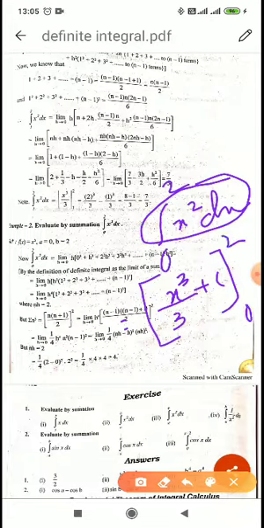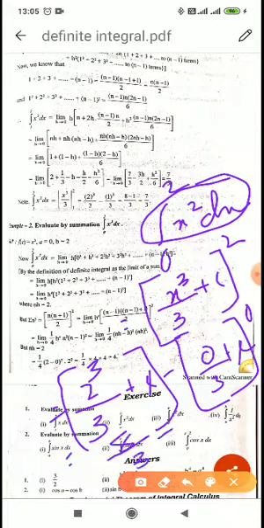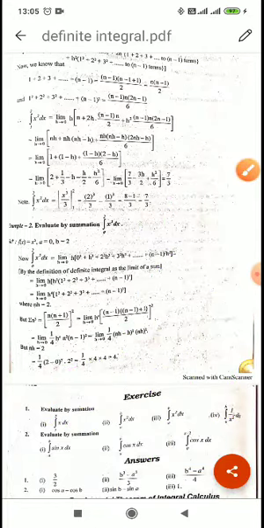Now you have to replace x with the upper limit 2 first, plus c, minus x replaced with 0, plus c. So 2 cube by 3 plus c, minus 0 by 3 plus c. The c cancels with c. 2 cube by 3 is 8 by 3, minus 0 by 3, so 8 by 3 minus 0 is equal to 8 by 3, the answer. Now you can see whether this answer is